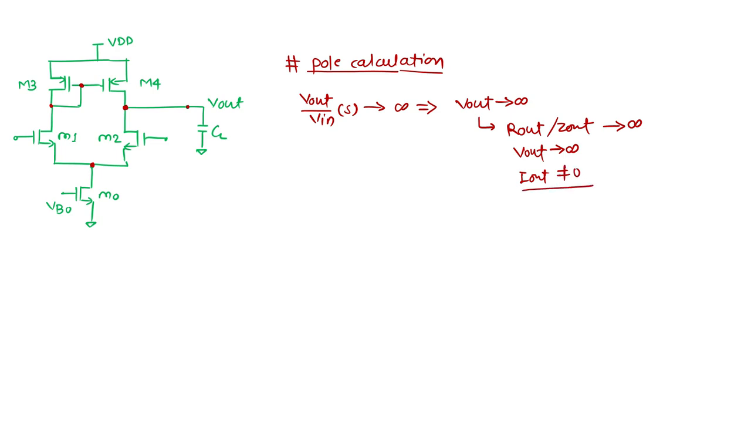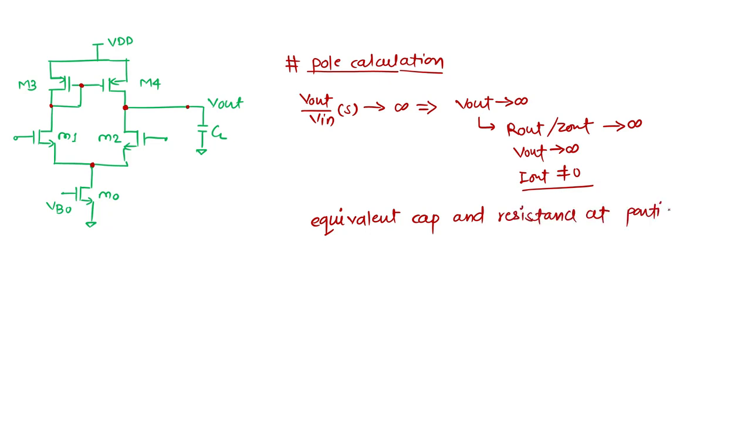Okay, then we can see our V out is infinite. So this was one way. The other way was, first we will see the pole, no, sorry, we will see the equivalent capacitance. What do you see? Equivalent capacitance and